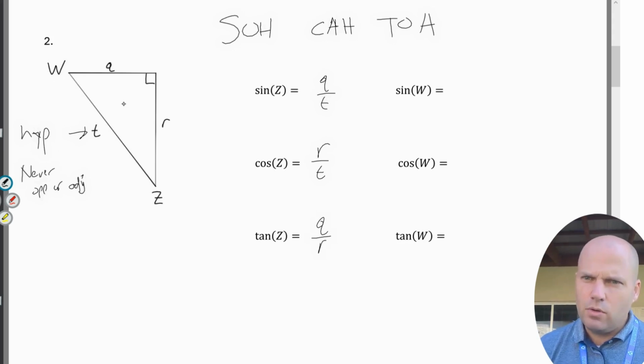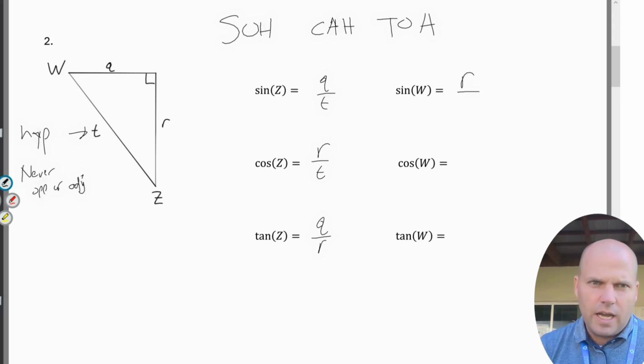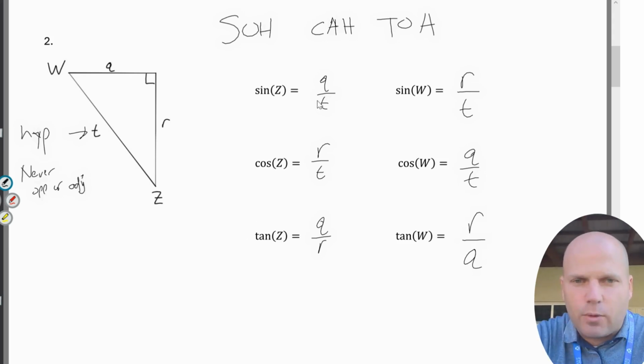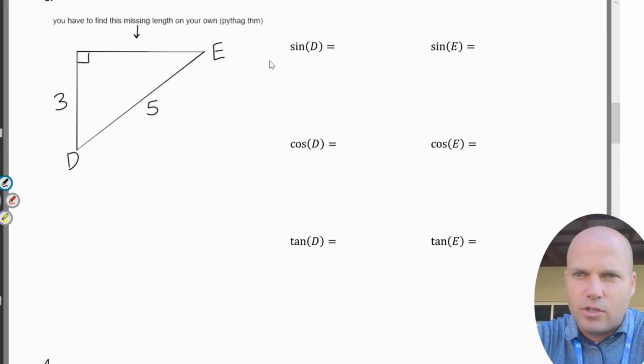The sine of W, opposite of W is R. The hypotenuse is T. Cosine of W is Q over T. Tangent of W is R over Q. Cool. So that's getting us used to SOHCAHTOA. Now let's start seeing how these work with numbers and how we understand scaling, and how scaling with right